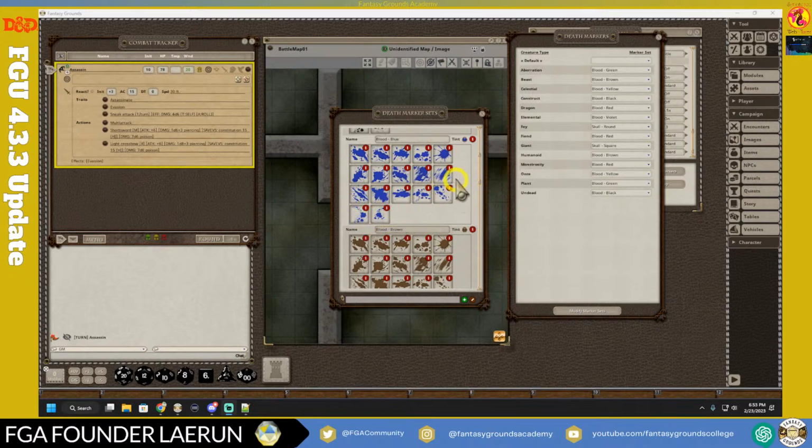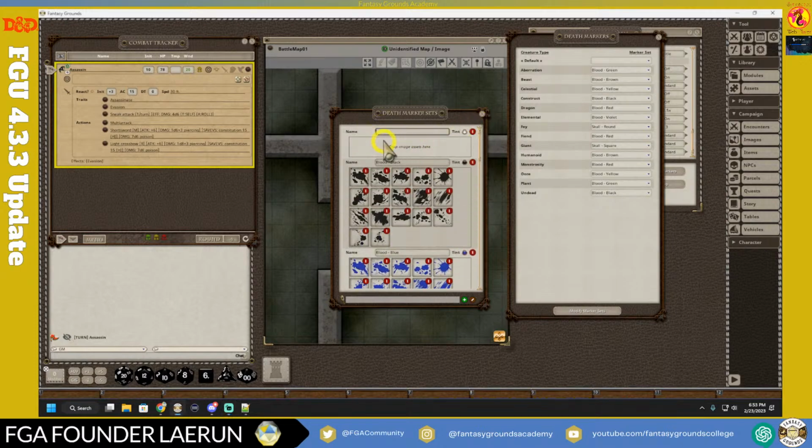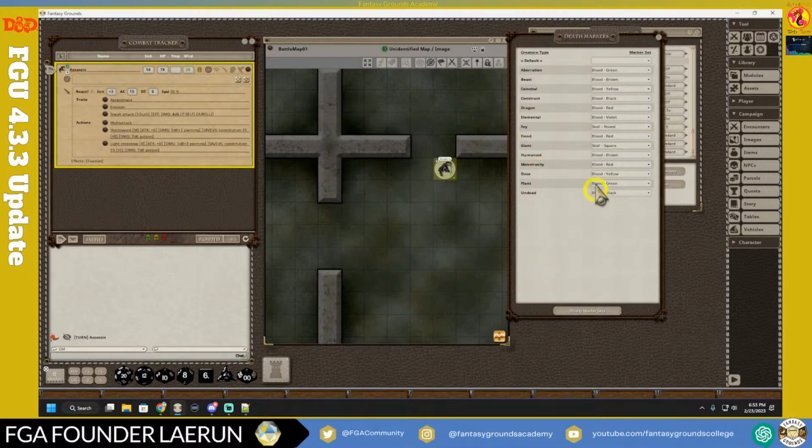I didn't make any of these, but you just simply drag them in here and make sure you have a title for the name of your group, and then you can make that your default. When you go back into the markers, you can use a drop down to select which one you want, and you can have one set for each creature type. In this case, this is D&D type stuff, so you have aberrations, beasts, celestial, constructs. I'm not sure if this feature is available for every rule set, but